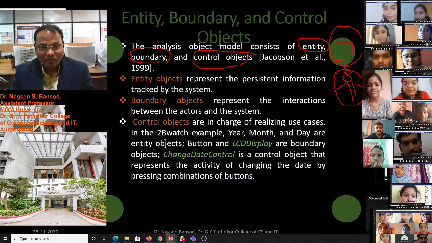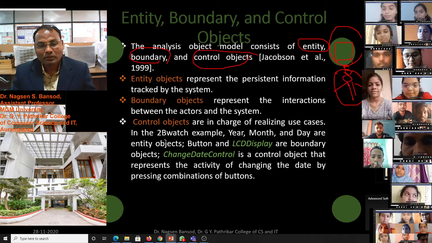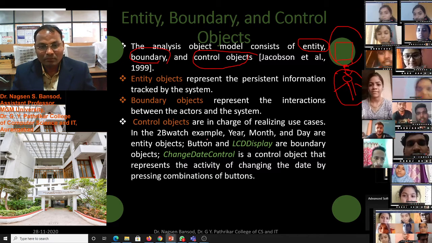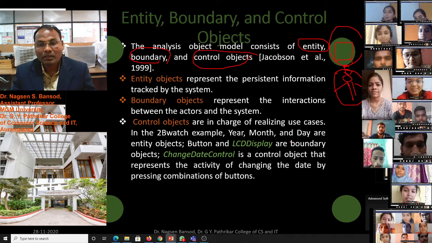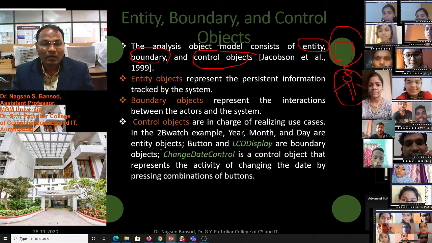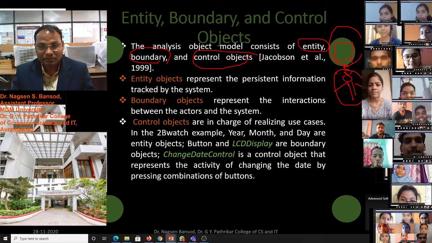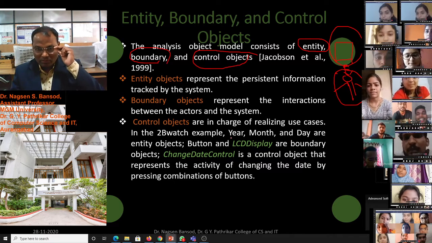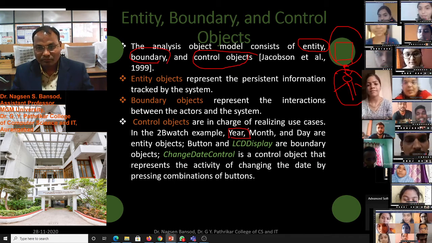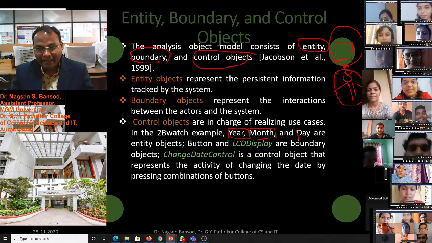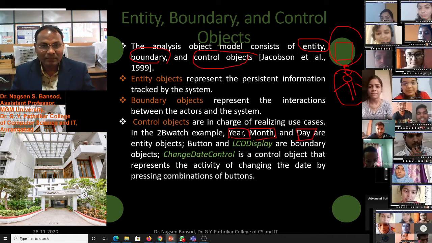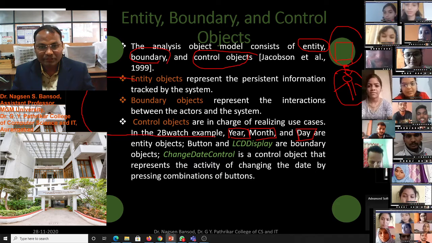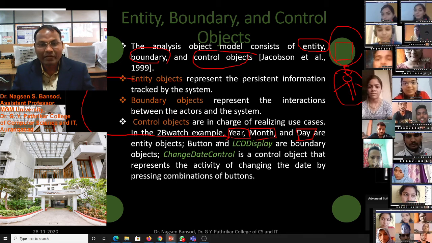In the SatWatch example, year, month, and day are entity objects. These are the entity objects in the satellite watch.